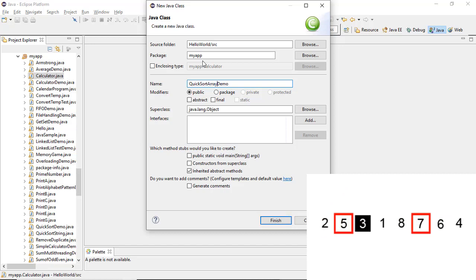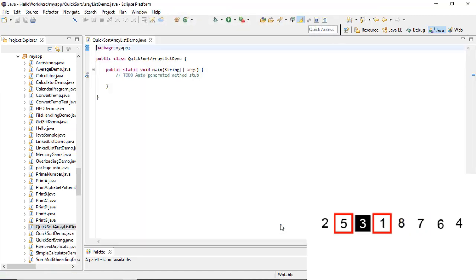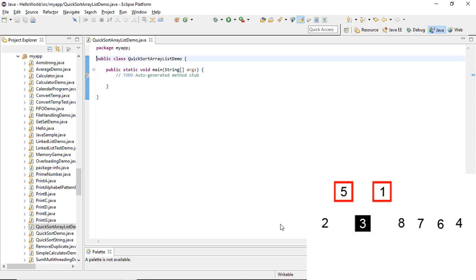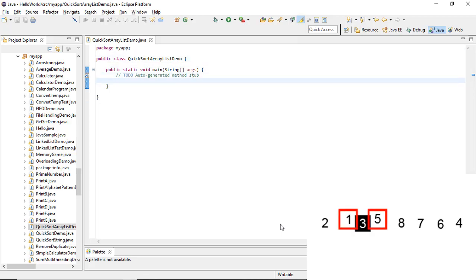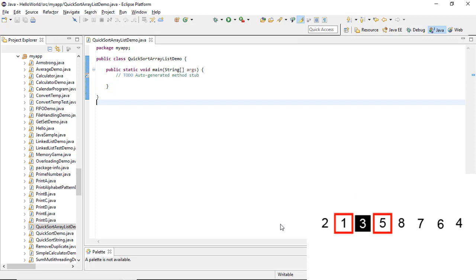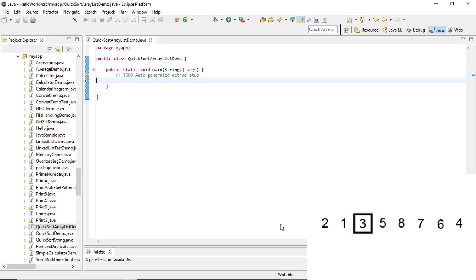Quicksort ArrayList demo with main method. As per our requirement, first thing we have to have an array list. So let's create an array list in the main method. So ArrayList with name